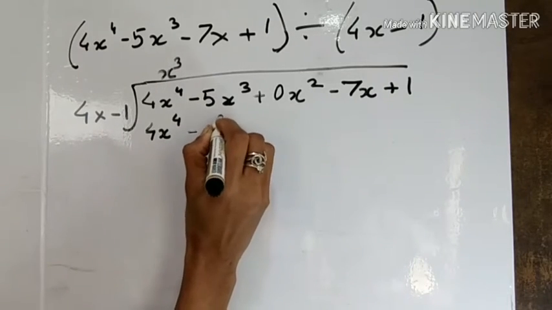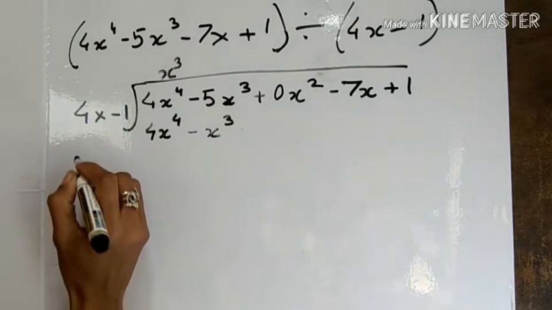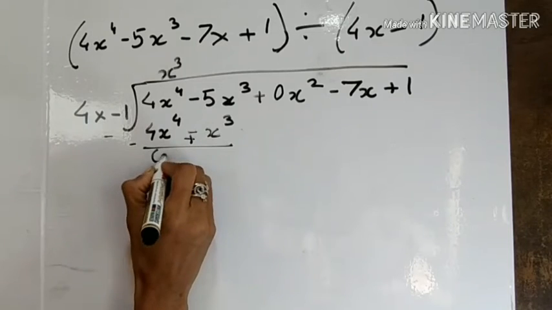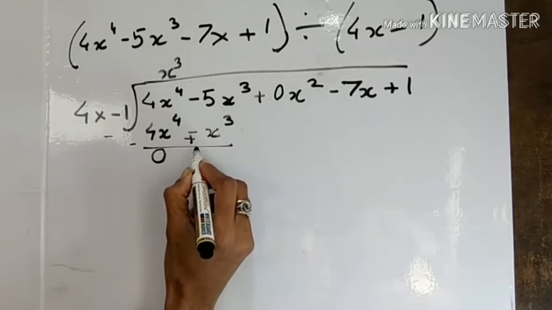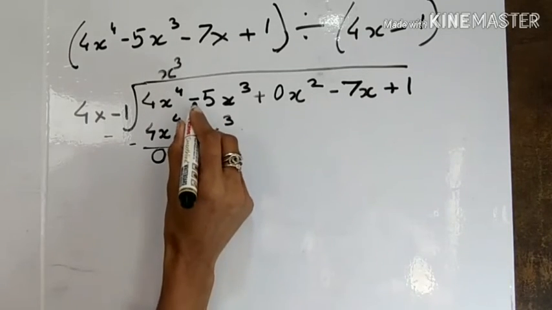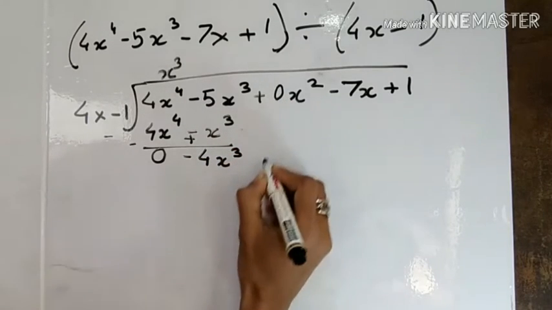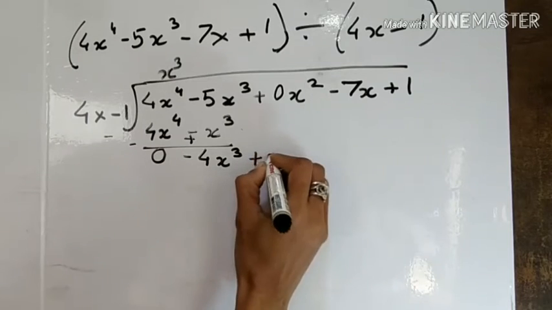Okay, so that comes to minus x cubed. Change the signs. This gives me 0 and this gives me, the sign of the greater number is minus, so I have minus 4x cubed. Get the next term down, that is